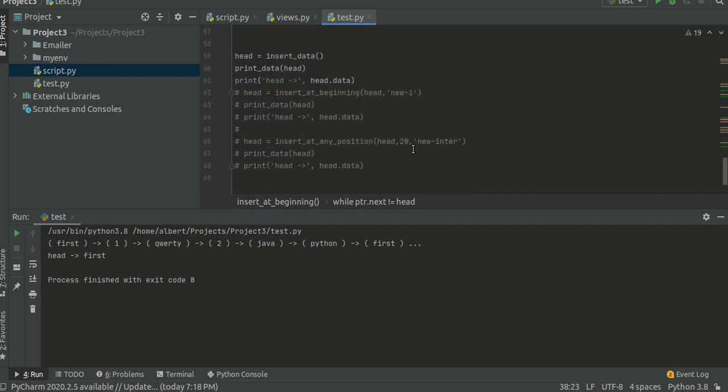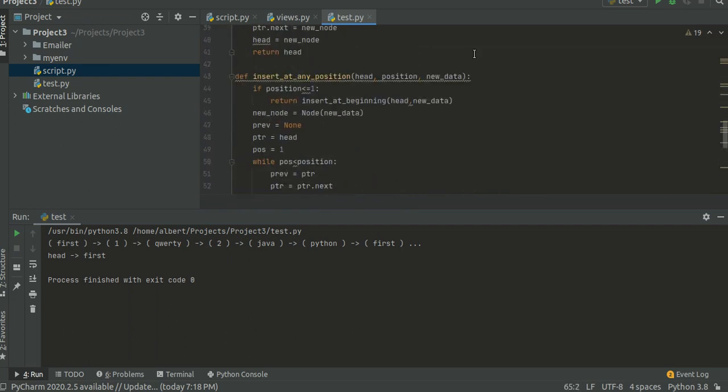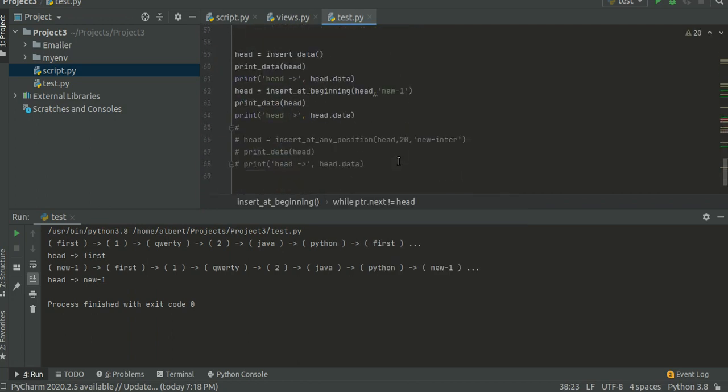Now let's see how the code runs. Yeah, we are inserting new one over here. So see, new one got inserted. New one, first one, QWERTY, 2 Java, Python, then again new one.